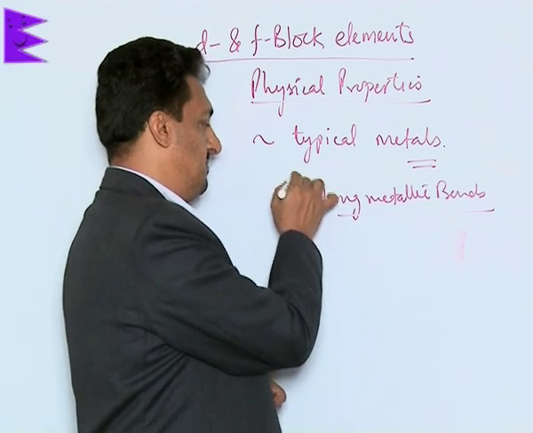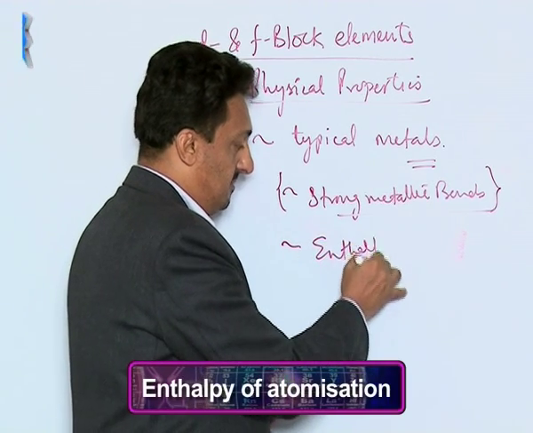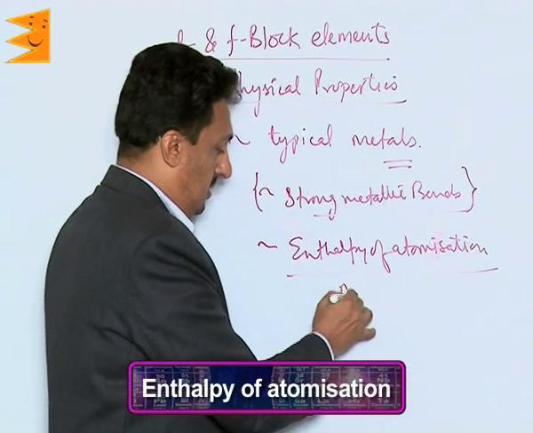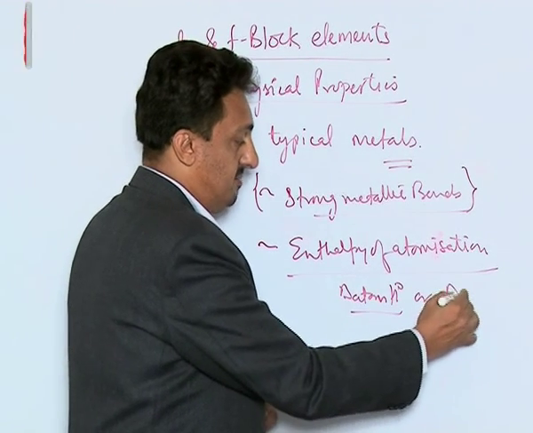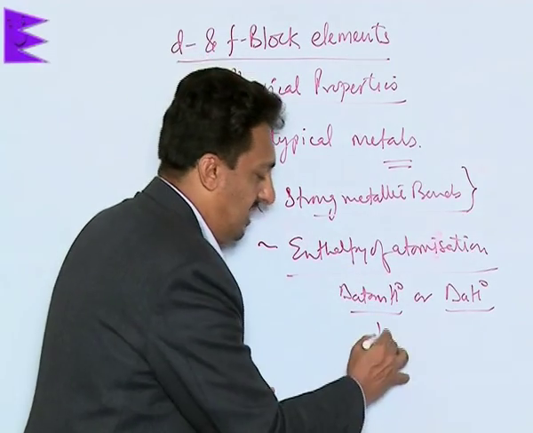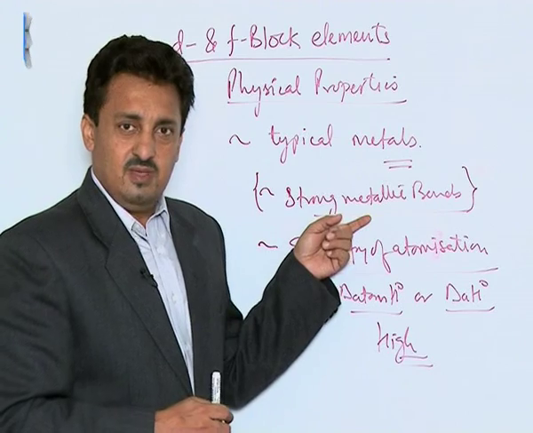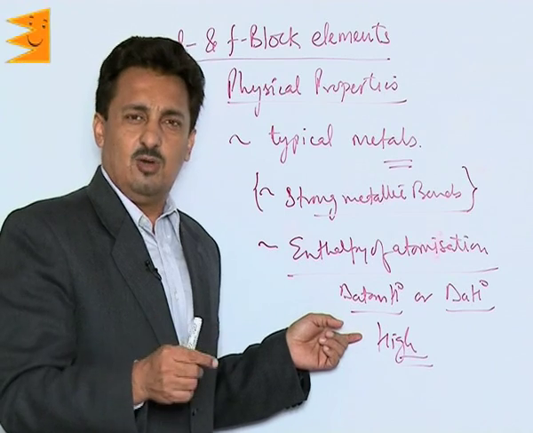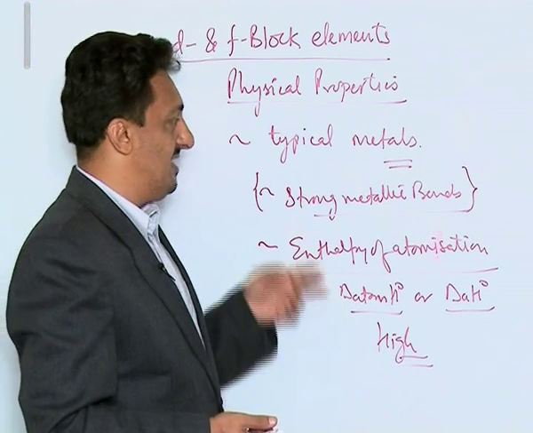We can show this property of strong metallic bonds by a property which is called enthalpy of atomization. We write its symbol like this, with a subscript A. That's called enthalpy of atomization. Now see, they all have very high enthalpies of atomization. The reason is because they have very, very strong metallic bonds. So it's the energy required to convert one atom or 1 mole of the atom present in the solid state to the gaseous state. So this is a parameter which tells us that all of these are very good,